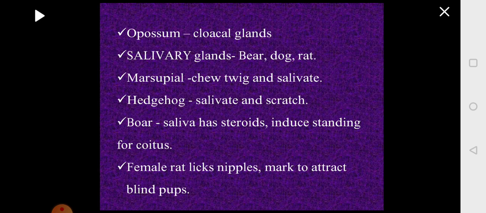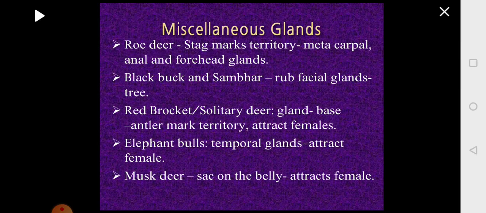Boar saliva has steroids, and this will induce mating. When they mate, they stand, and to induce this posture, they secrete a pheromone which is steroidal in nature. The female rat will lick its nipple and release a pheromone which will attract the pups, which are blind. There are other glands which are